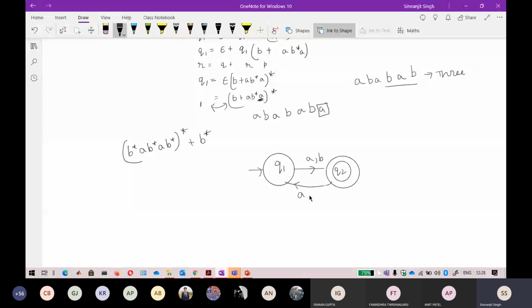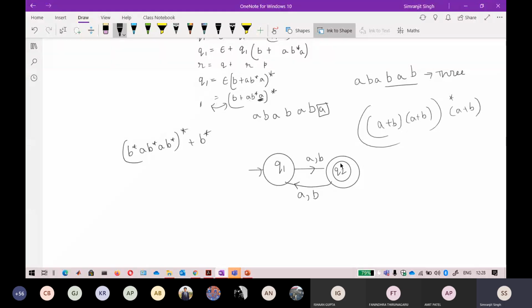I think we have written the regular expression. The regular expression for the odd one, I think, was a plus b raised to the power of even, and after that it is followed by a plus b. Okay, so that was the odd length string, I think. Okay, so just try to apply Arden's method here.